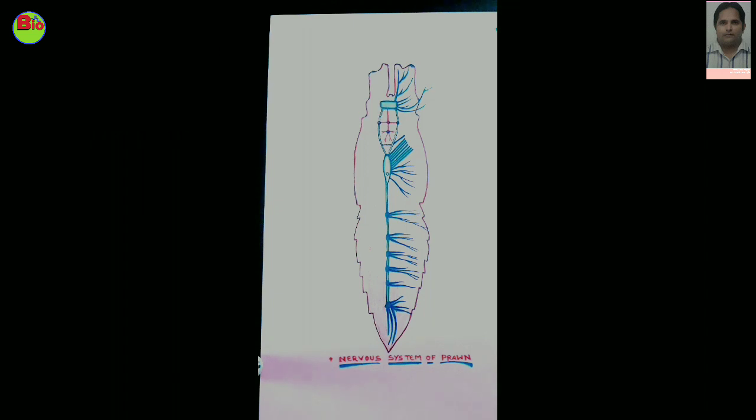Now the third portion of the nervous system is the autonomic nervous system, and a slender nerve on the hind end of the brain has two visceral ganglia. The anterior visceral ganglion is connected with the commissural ganglia present on the circumesophageal connective, and the posterior visceral ganglion gives off two pairs of nerves to the muscles of the wall of the esophagus and stomach. And a slender nerve originates from the sixth abdominal ganglion and goes to the rectum, and that is the rectal nerve.